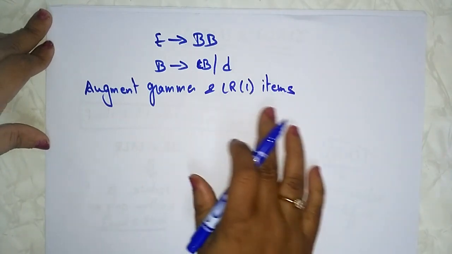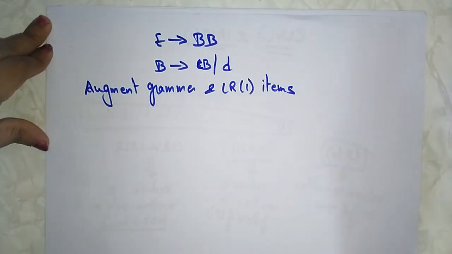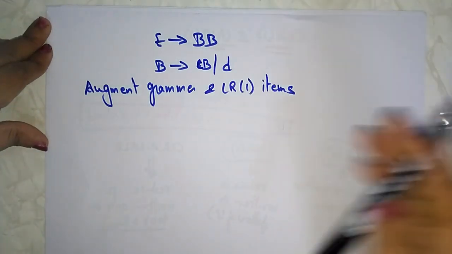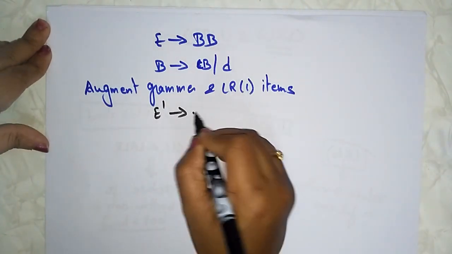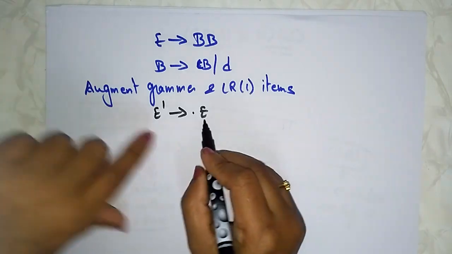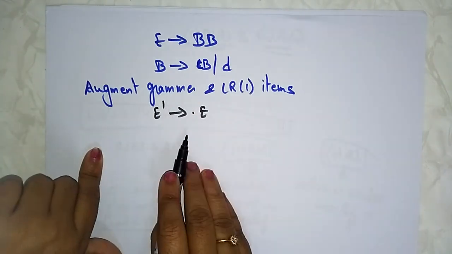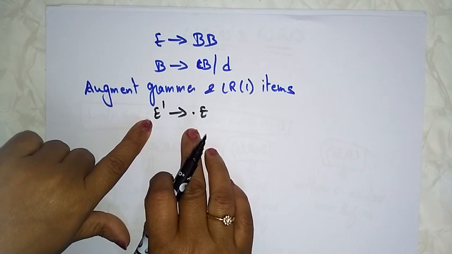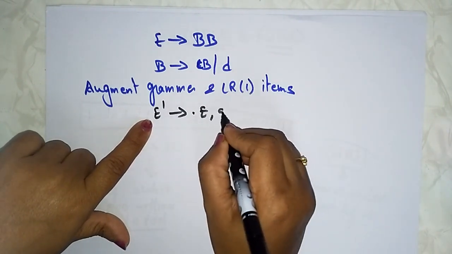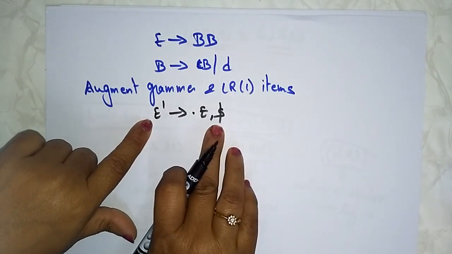LR(1) items consist of LR(0) items plus look ahead. So the augmented grammar is E' determines .E. This is just an LR(0) item with the dot. If you add dollar here,